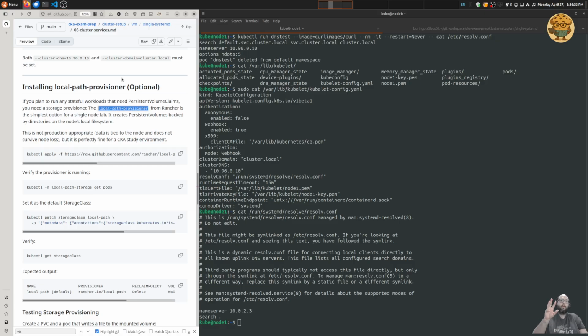So then you would configure your stateful application to leverage that PVC mounted in your pod, which we'll see here in a minute. All right, so let's go ahead and do that. So we're gonna run this kubectl apply command, which will deploy the latest local path provisioner,